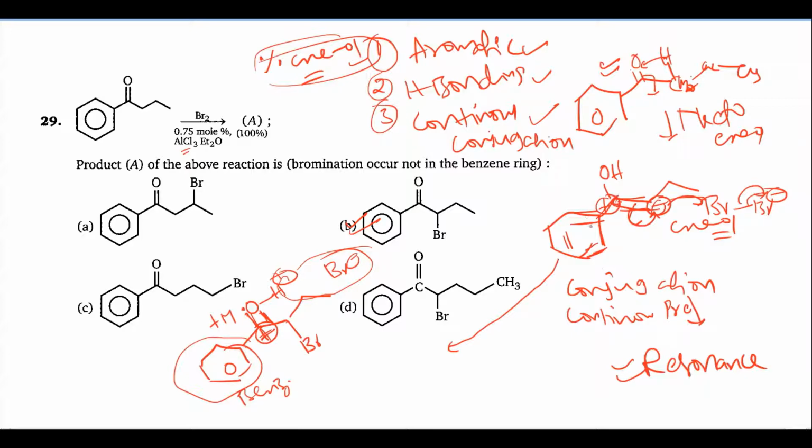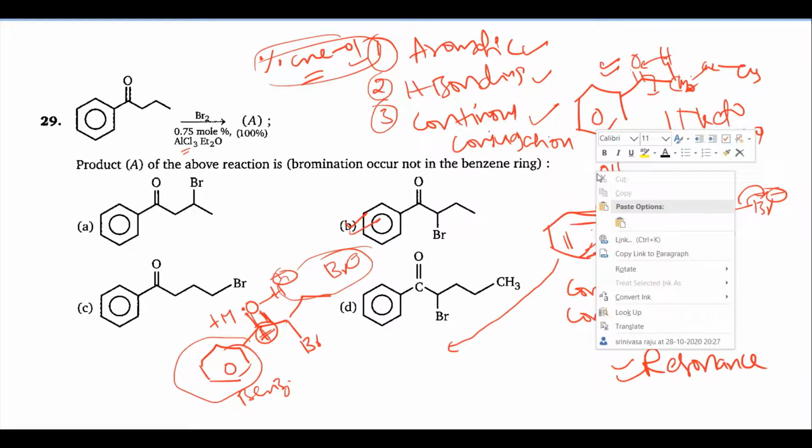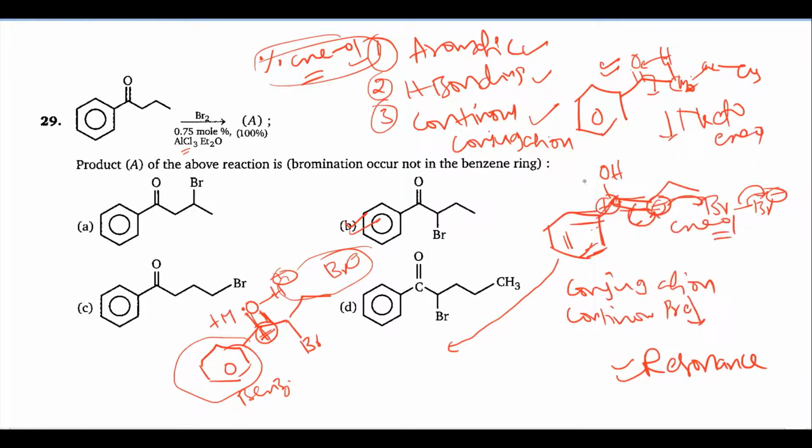The reason is the benzyl carbocation, this is the carbocation directly connected to plus M. Okay. So immediately it will be stabilized actually. That's why there will be a double bond here. After that H plus is leaving, and that H plus combines with this Br minus. Then you are going to get the double bond. The final product is this one. Okay, I hope you understood. So this is question number 29.